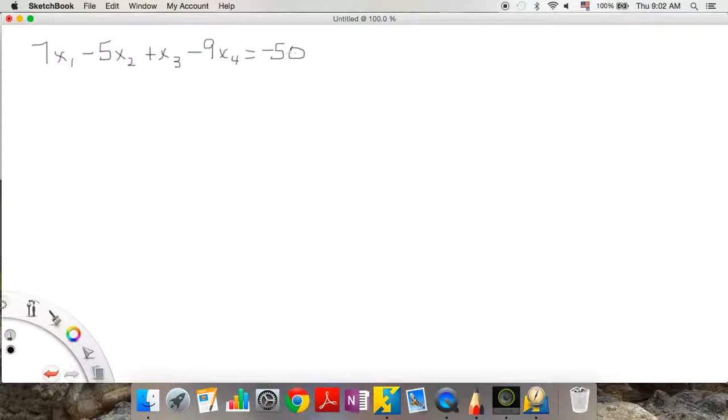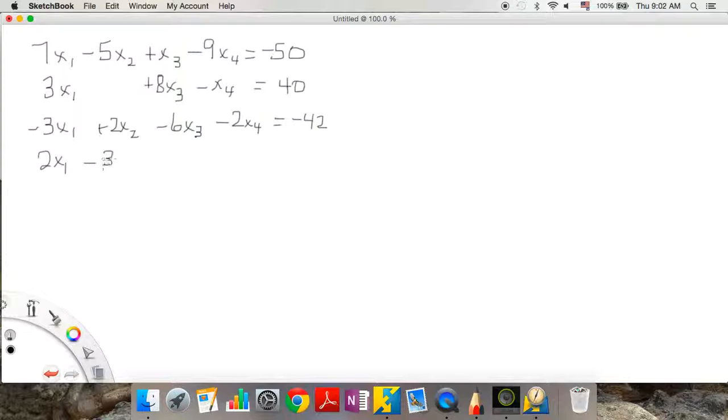Okay, so we've got 4 variables, which means in order to get a particular solution, we've got to have 4 equations. So if we have less than 4 equations, we're going to have our general solution. But I'm going to go ahead and give you 4 so that we can